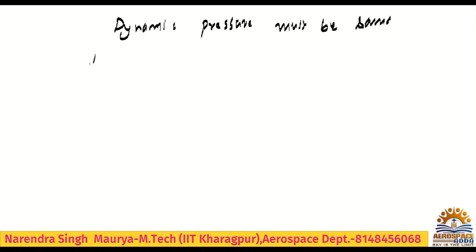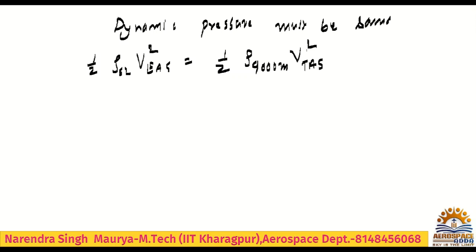So you can write 1/2 rho at sea level into equivalent air speed squared equals 1/2 rho at altitude, 9,000 meter, into true airspeed squared. At this altitude they are asking velocity, it means VTAS. What will be VTAS? 1 by 2, 1 by 2 cancel out. So it will be VEAS root